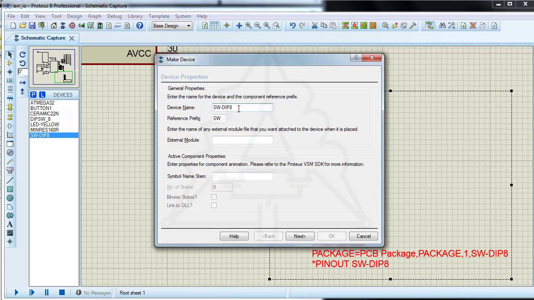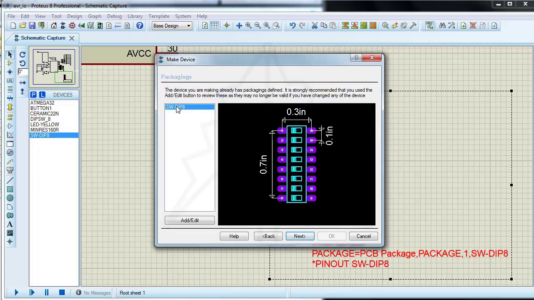Name the component SWDIP8_1. Follow the instructions as before.